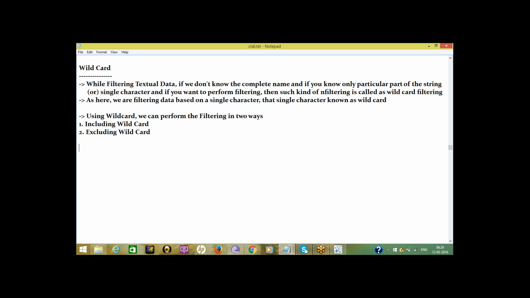Now an example. Display the state-wise sales for those states whose name contains 'es'.